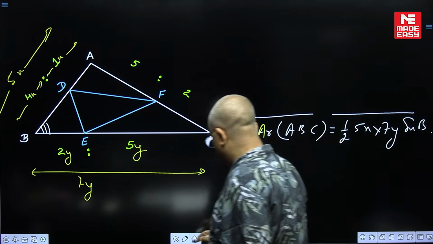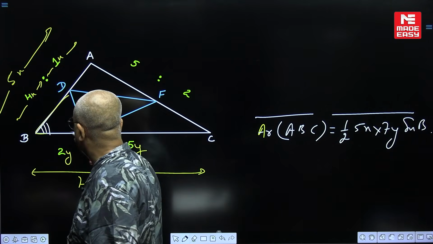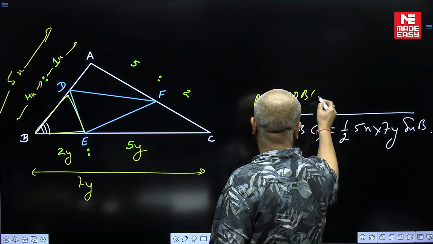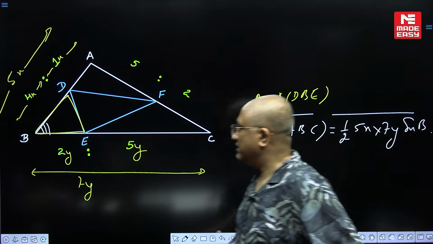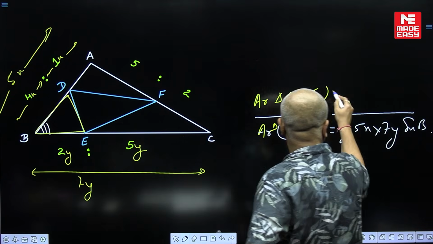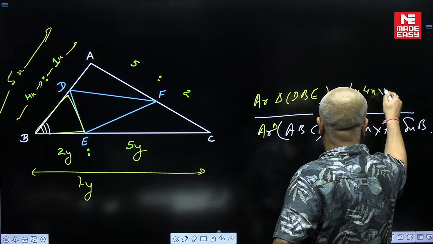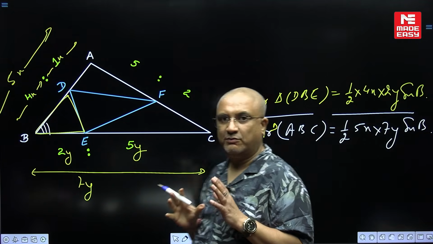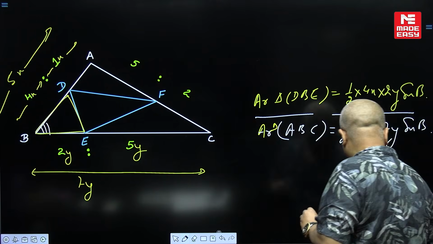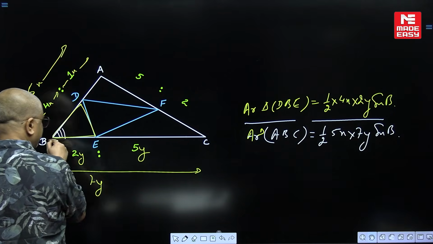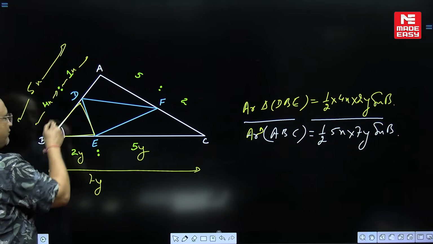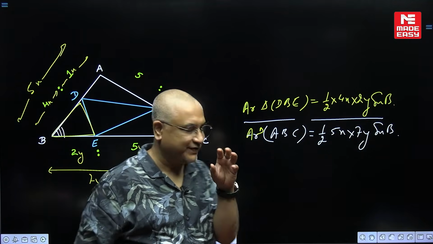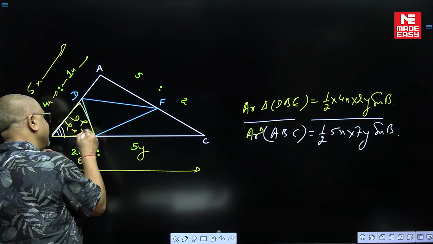Now let's talk about the area of this small yellow triangle DBE. Area of triangle DBE is half of 4x into 2y, which is equal to half into 4x into 2y into sine of angle B. I hope I am making absolute sense to everybody. Really simple. So if you want to evaluate what fraction this yellow area is of the whole white area,